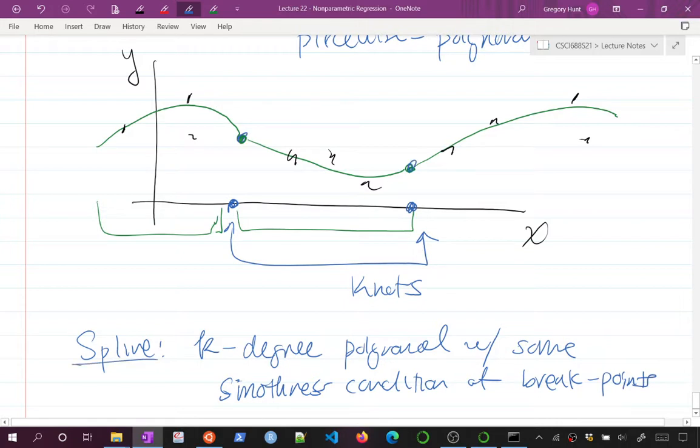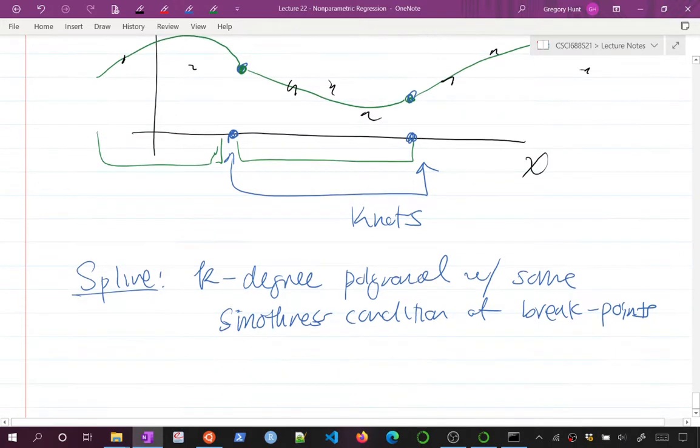So we're going to insist on some level of smoothness here, so you can't get anything too crazy happening there. And there are different ways of defining that, but I think that's all we're going to say